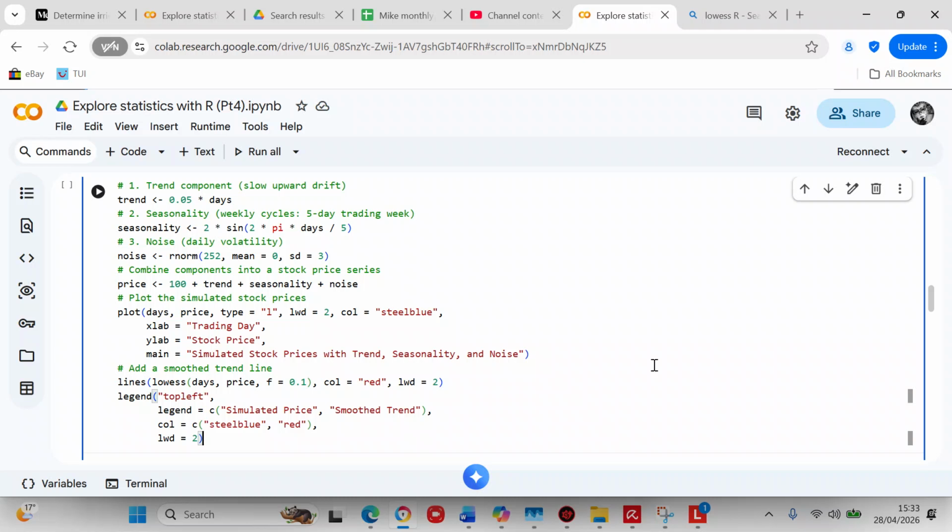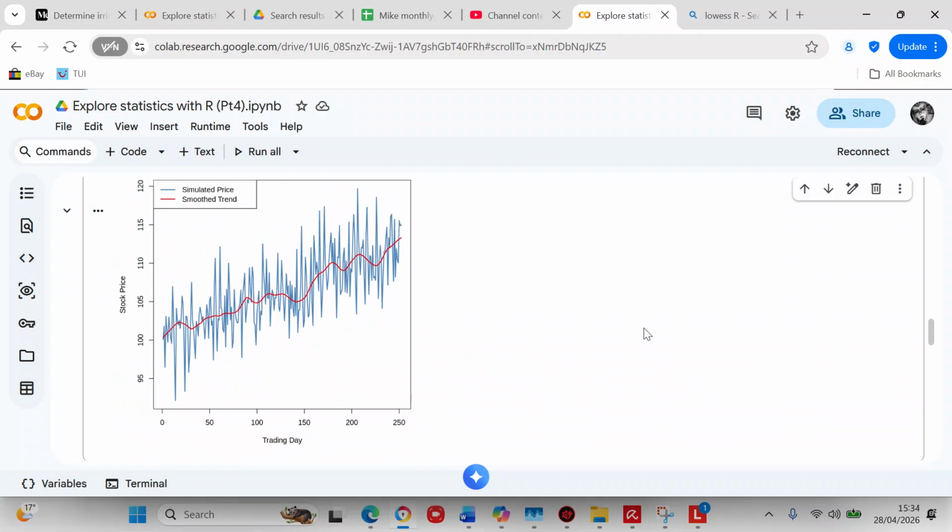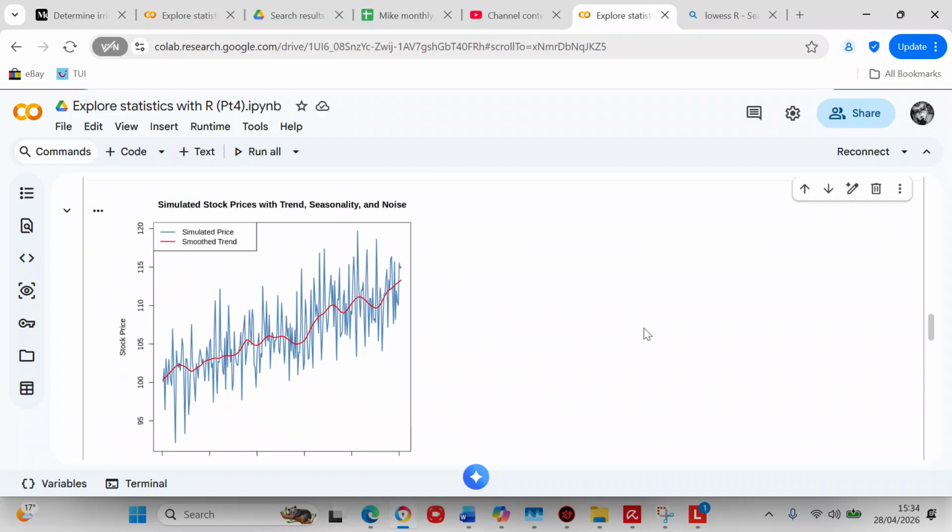Legend is a vector that contains simulated price and smooth trend. Color is also a vector. So simulated price is steel blue and smooth trend is red, and line width is 2. So we run the program, and when we run the program, we have the simulated stock prices with trend, seasonality, and noise. So your simulated price is in the blue, and then